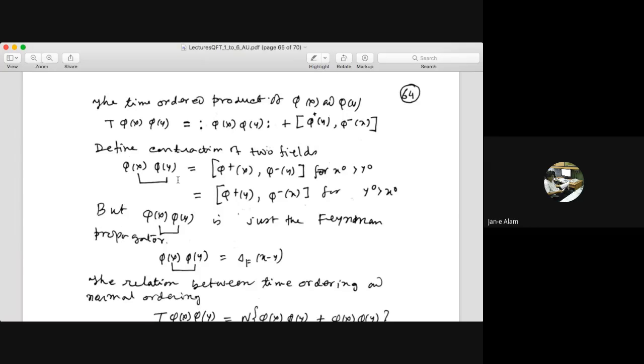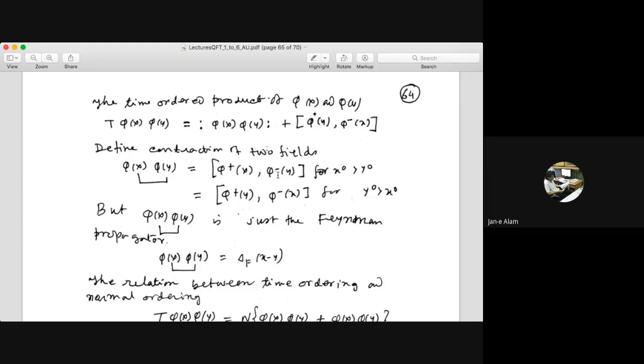when I gave you the example of the Gaussian integrations, I said that you have two endpoints, right? How many ways can you join them in pairs? This is like joining in pairs, which we call contraction, right? So suppose you have 2n number of fields. What is the number of ways you can contract them? So this is called contraction of two fields, phi x and phi y, and it is actually defined by the phi plus and phi minus